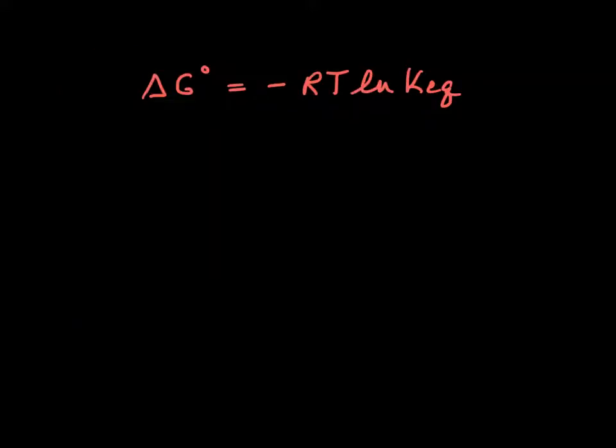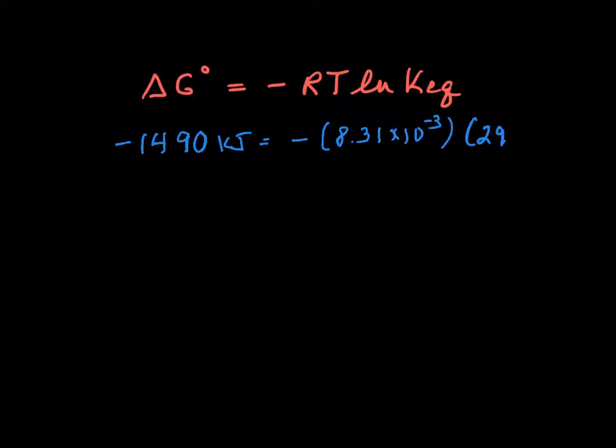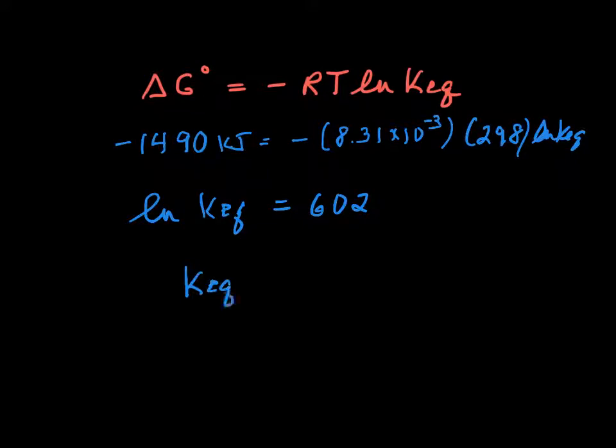All right, so now we're going to plug into this and see if we can find KEQ. So negative 1490, keep in mind that's kilojoules, minus R. So I'm going to have to turn R into kilojoules. So 8.31 times 10 to the minus 3 times 298 times the ln of KEQ. Okay, so we're going to get the ln of KEQ equals 602, or KEQ equals e to the 602, which